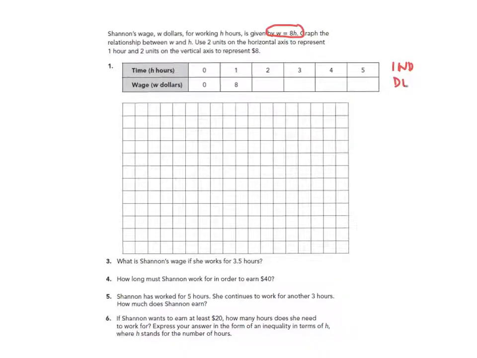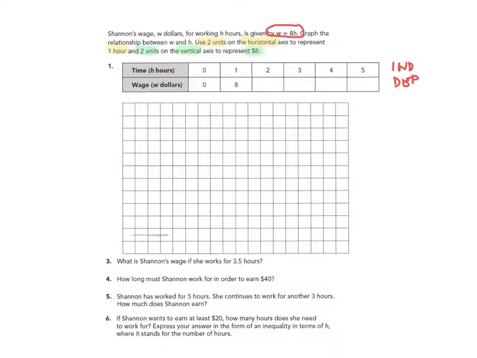and the wage is dependent because I can't know how much I'm going to make unless I know how much I work. Then I'm going to pay attention to what they say as far as setting up our coordinates. They say use 2 units on the horizontal axis per hour, and they say use 2 units on the vertical to represent 8. So when I set up my coordinate plane,